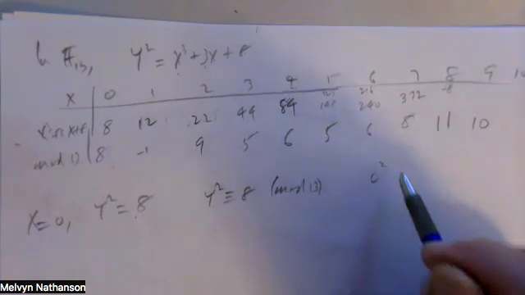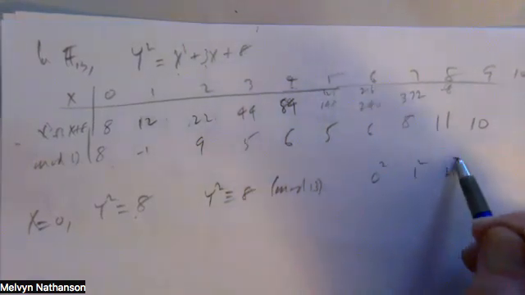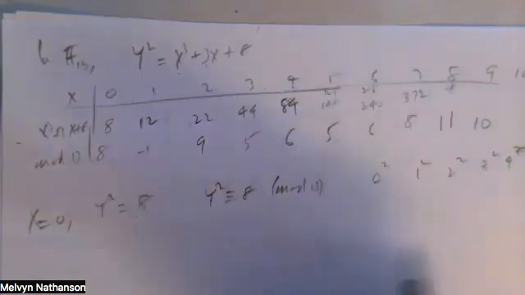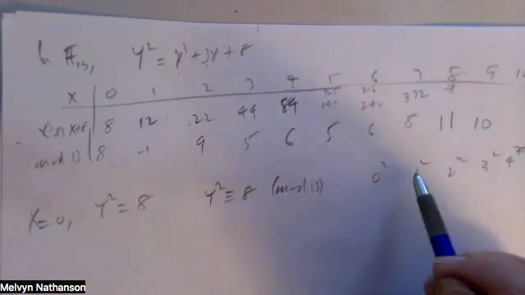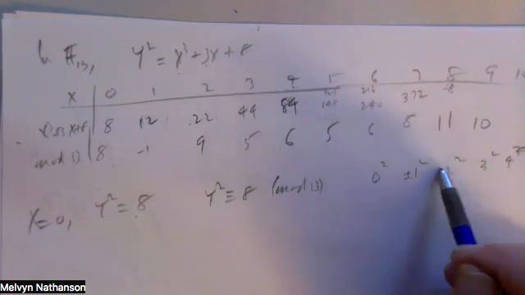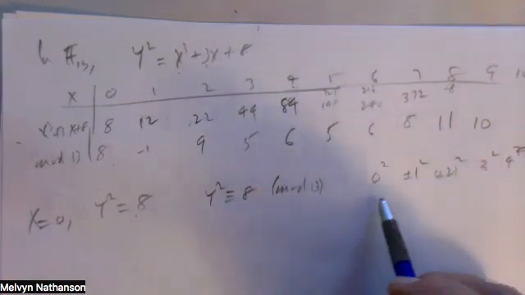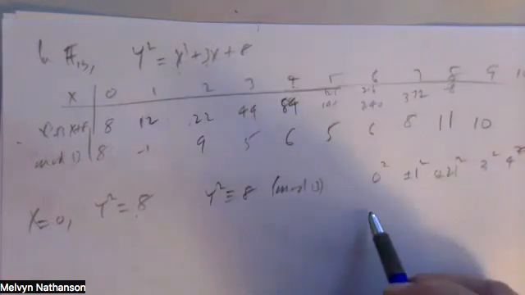You have 0 squared, 1 squared, 2 squared, 3 squared, 4 squared, 5 squared, 6 squared, 7 is minus 6, 8 is minus 5. It's really plus or minus 1 squared, plus or minus 2 squared, and so forth. When you square these numbers, you get mod 13,